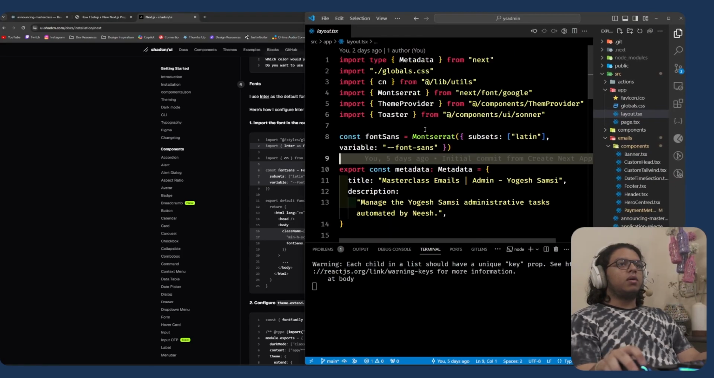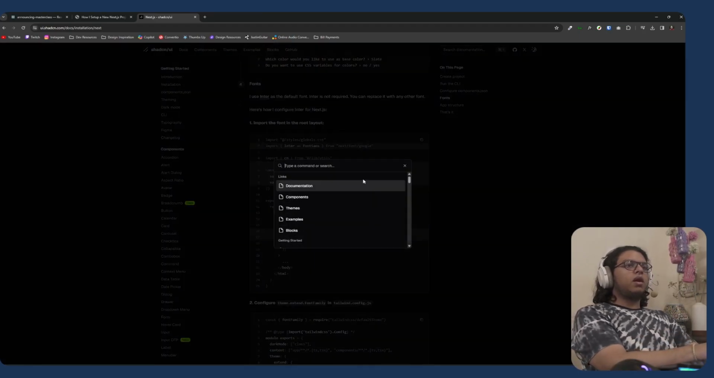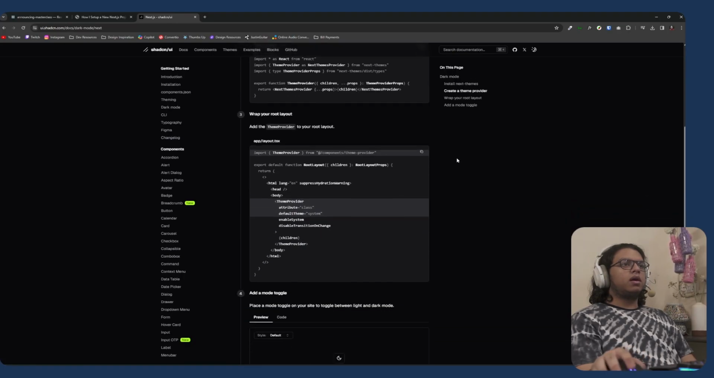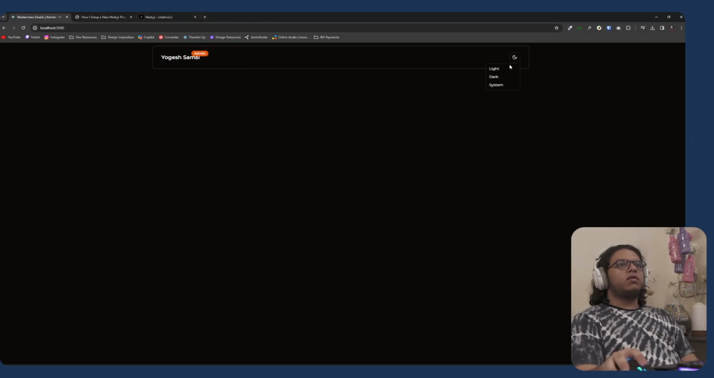The only small change I made is instead of using their Inter font, I went ahead and used Montserrat. Once you've completed the initial setup, just press Ctrl K and search for dark mode. Follow the Next.js guide to create our dark and light mode toggle. Now that we made our little theme toggle, we need somewhere to put it. So within the page.tsx in the app folder, I made a simple navbar